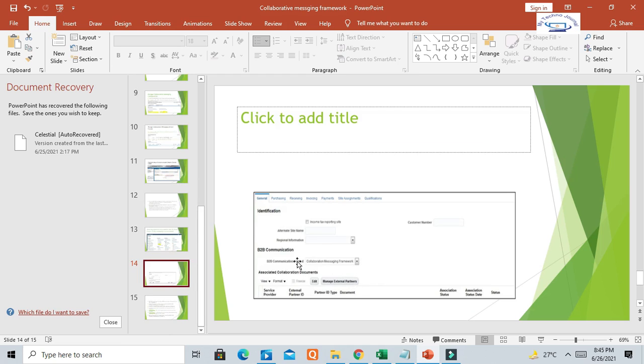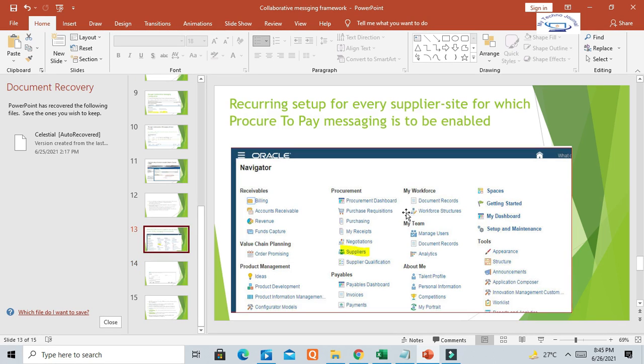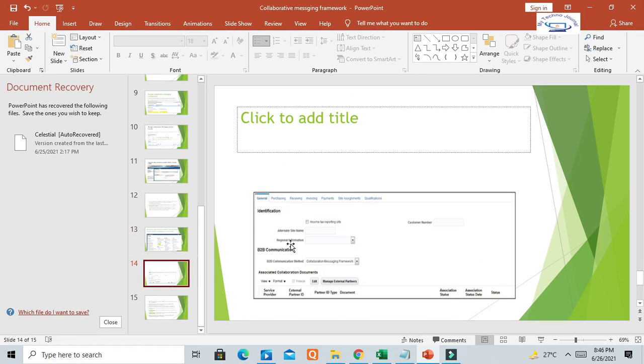If you select any supplier, you can see here in the B2B Communication tab that we need to enable the B2B communication method. We have to select the collaboration messaging framework here. All these setups we need to do one by one.